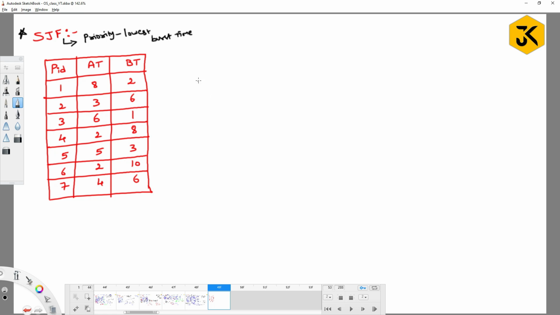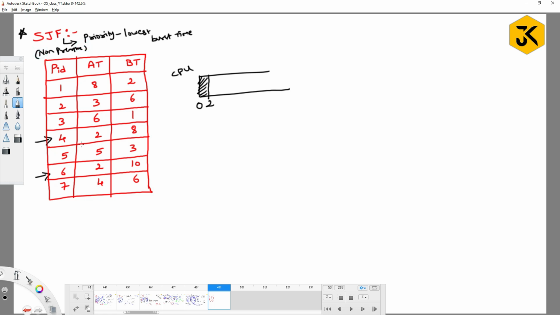Let us try to draw the Gantt chart so that we can understand what is happening in this particular example. Assume that this is a CPU and at 0 nanoseconds it has just started. At the arrival time of 0 nanoseconds, is there any process readily available? No. So it has to wait up to 2 nanoseconds, so that process P4 and process P6 will be readily available. Right? As we are discussing the non-preemptive mode,